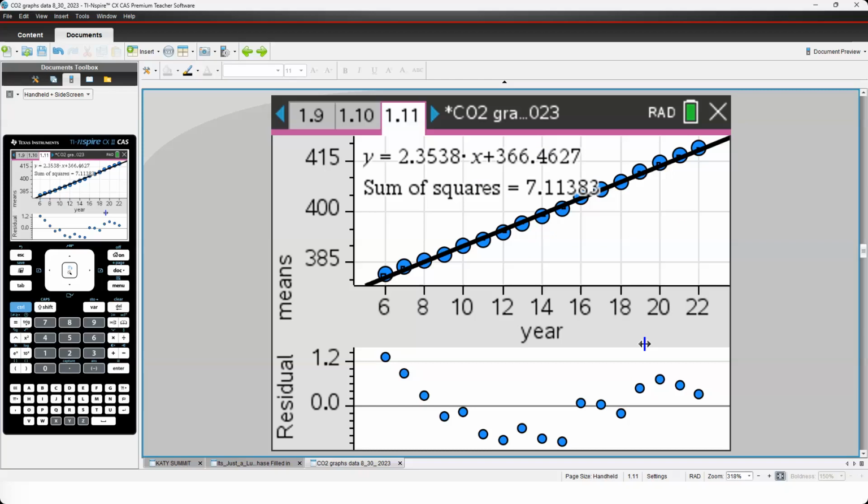Great. Okay, you guys are thinking that's not too good, but I'm actually probably going to disagree with you. If there is a pattern, if there's any predictability at all in the residuals, then I don't really have the best model I can have. And here, the predictability is that from 2006 to 2010, the residuals were positive. From 2010 to 2018, they're negative. Now from 2018 to 2022, they're positive again. So I'm seeing a pattern here.